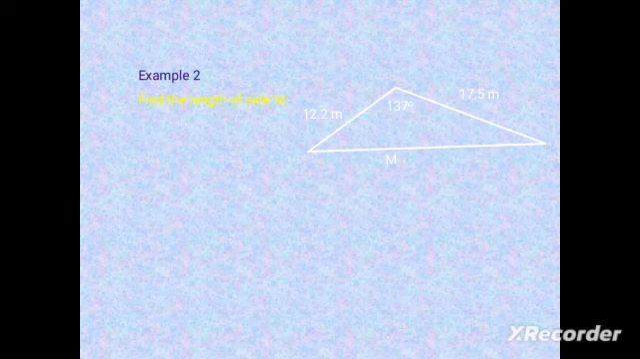Example number 2. Find the length of side M. We have been provided with a triangle with 2 sides of known length. So we have 12.2 meter, another one is 17.5 meter, and an included angle of 137 degrees. We are required to find the length of the unknown side, which is M in this case. And of course we shall apply